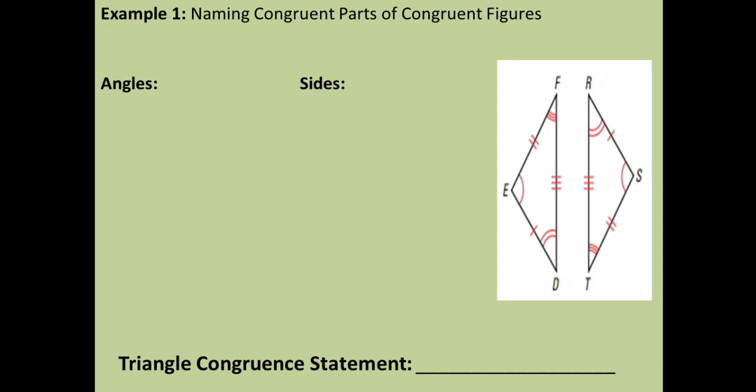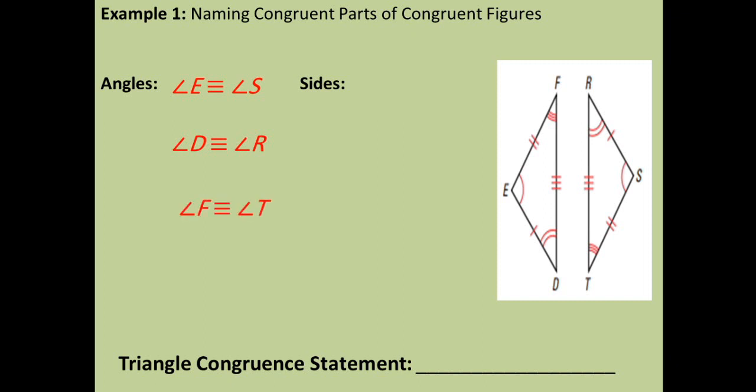Yes, D. Which vertex corresponds to T? It's F. So the angle E is congruent to the angle S, the angle D congruent to the angle R, angle